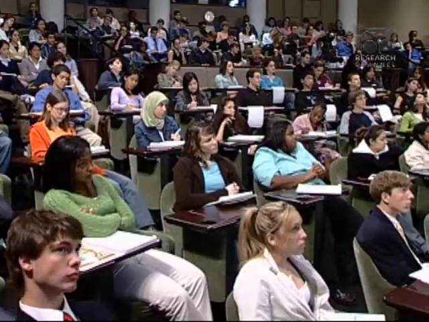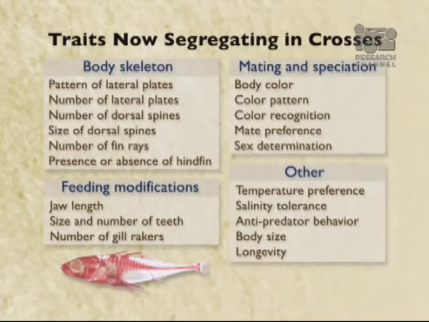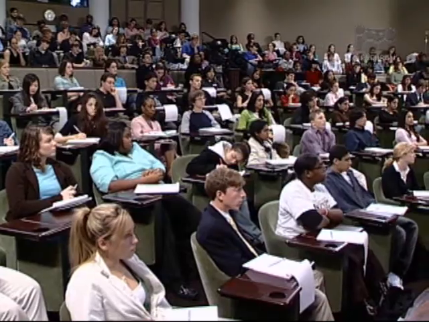I think one of the striking things about the sticklebacks is that all sorts of things have changed in the last 10,000 years. Skeletal traits, feeding traits, traits related to mating and reproduction and whether fish are even compatible to mate with each other. All sorts of physiological differences and behavioral differences. So I think that the principles that Sean outlined this morning, how one gene could sweep to produce a color change in 1,000 years or less, is actually an example of selection that's occurring for multiple traits simultaneously, even in